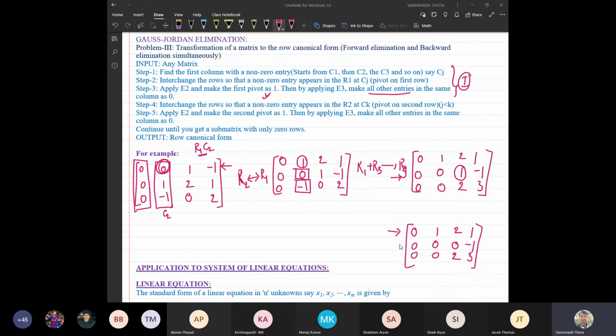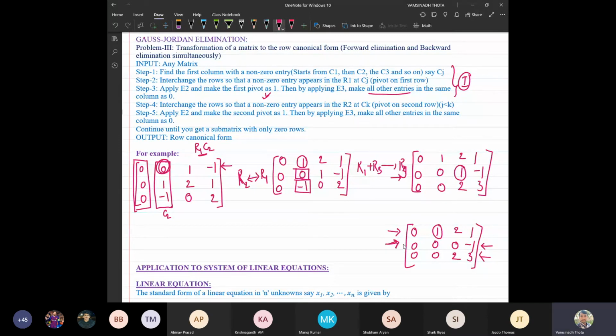Nirbhav Singh said R3 plus R2 is equal to R2. No, Nirbhav, no. R2 becomes R3. Yes, Sharon. Sharon Balasubramanian said right. Here, what we need to do? In the second row, this is the first pivot entry; in the first row, this is the pivot entry, it is already done.